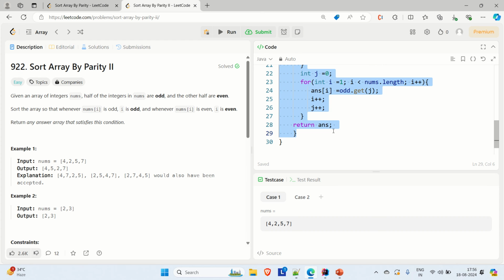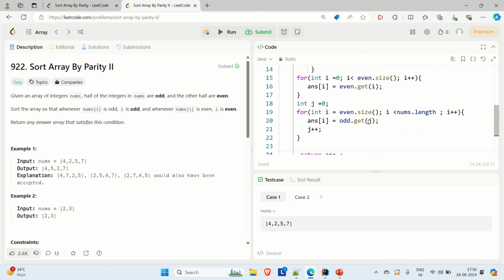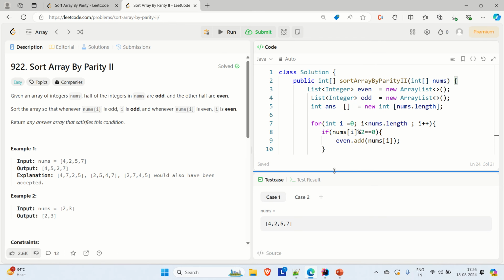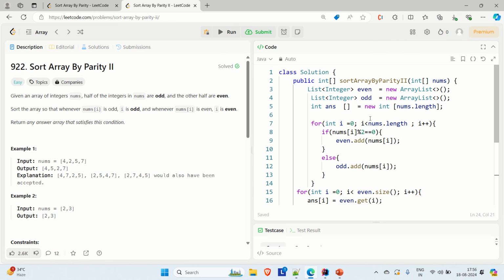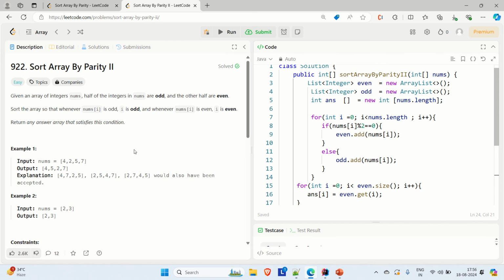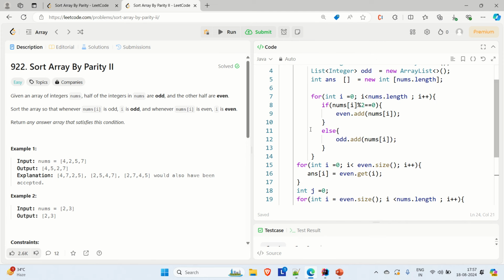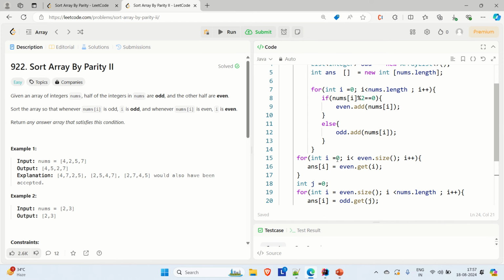So just paste it here, and now if we go down here, you can see we have these things, and if we go to the question again, what it says is we have to keep the even element at the even index and the odd element at the odd index. Okay, so let's say we have the even and odd elements separated in this list, even and odd. Now what we have to do is we have to start with the